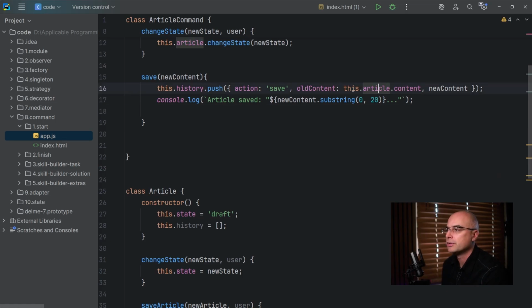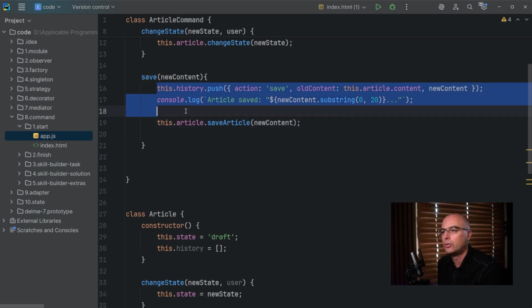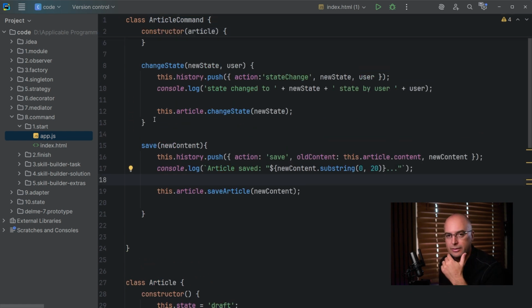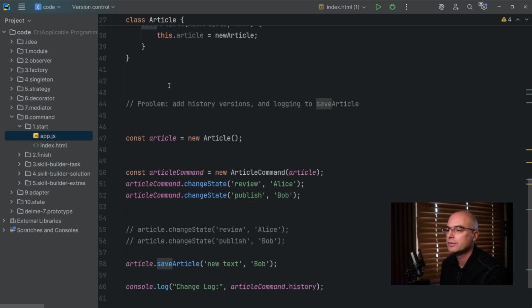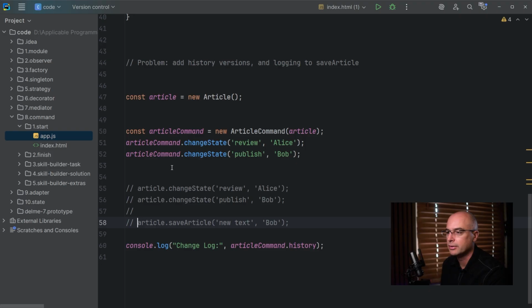So we are pushing to this article content, we are pushing the new content with the old content as well inside the history. We are console logging that the article has been saved. But then finally we need to call this article and actually update the article with the new content. So we are just intercepting the save article in a way, but we are adding more logic to it. This looks like a decorator, but this article command is clearly a different type of object, so it's not decorating the original article. So if I would now save this article, not using the article itself, but actually by calling the article command